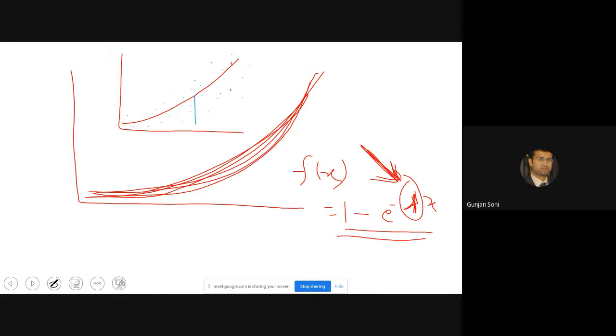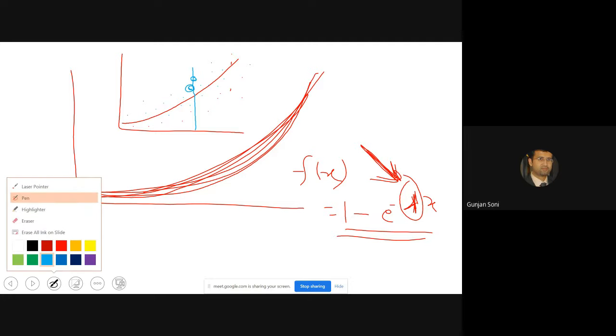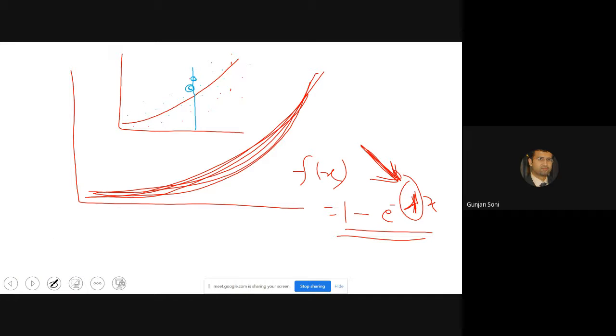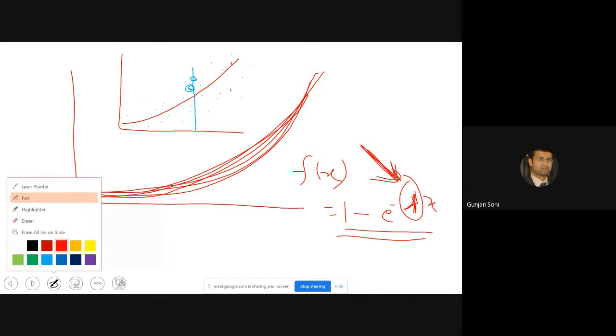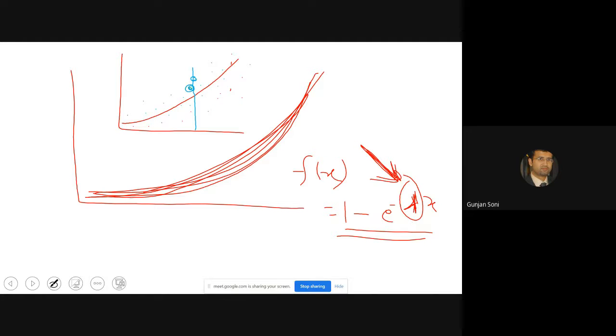So let's say take a point on this curve. Okay. Now this point, if I extend this line ahead like this, so the closest point is this one, and another closest is this one, the red one. So one is a blue point, and another one is a red point. This is a red point here, and another one is, let's say, a green point. So I'm predicting, so the predicted value of this curve is over here. This is the value which I'm predicting.